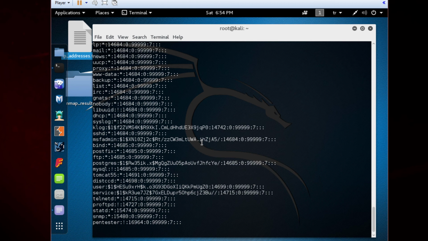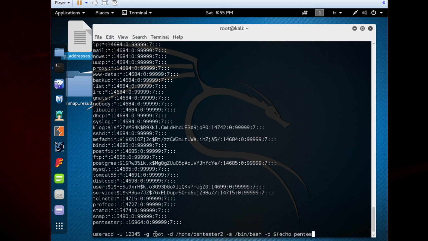This command is a bit complex, especially for newbies, but just save it to some place where you can use it anytime you need this. So useradd -u. I gave an ID to this new user, and then my group would be root. How about my directory? Let's type /home/pentester2. How about my shell? /bin/bash, and then I set my password like this: